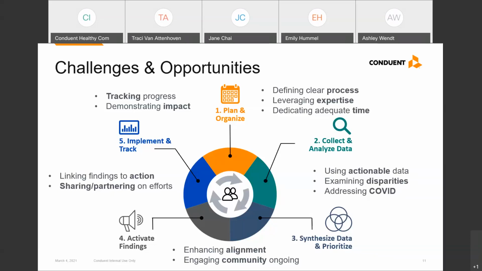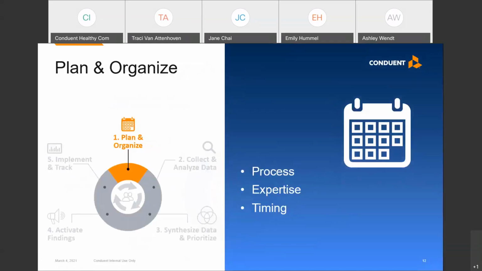While our assessment process is pretty consistent, we know that the communities we work with are unique, and it's important to be flexible and adaptable within each of the phases. As a team, we debrief and we share lessons learned with the goal of making the next assessment process run as efficiently and effectively as possible. And we've taken that knowledge and put it into the development of this webinar series for you.